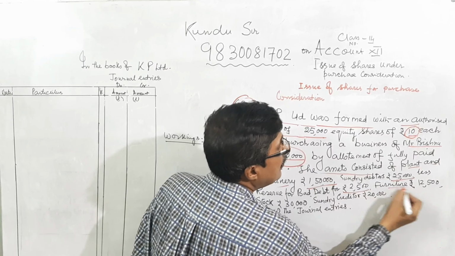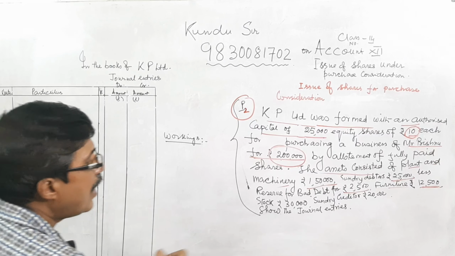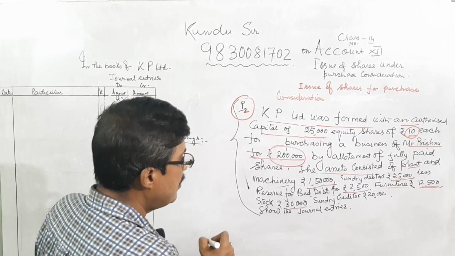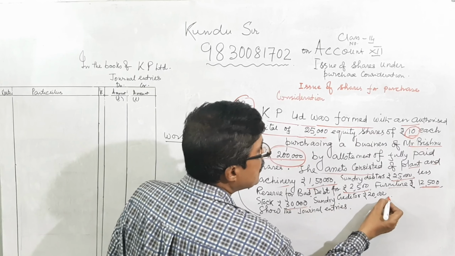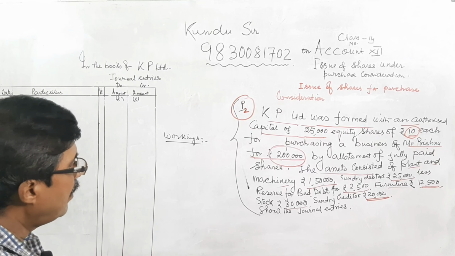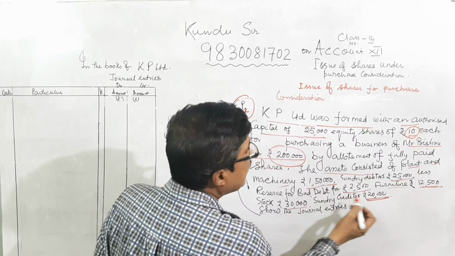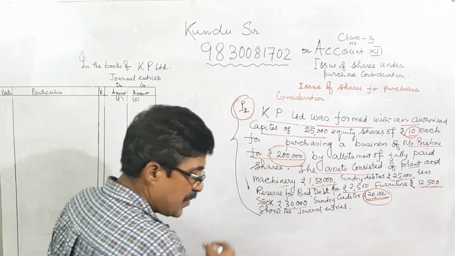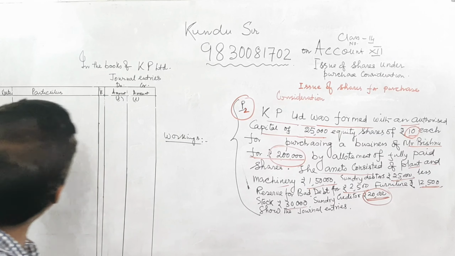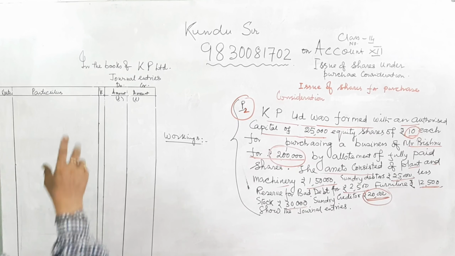And furniture the company is getting 12,500, and the stock is 30,000, and sundry creditors are 20,000. The company is getting this and also taking over the liability of sundry creditors 20,000. Now we are seeing the journal. In this journal book, the first entry, in the books of KP